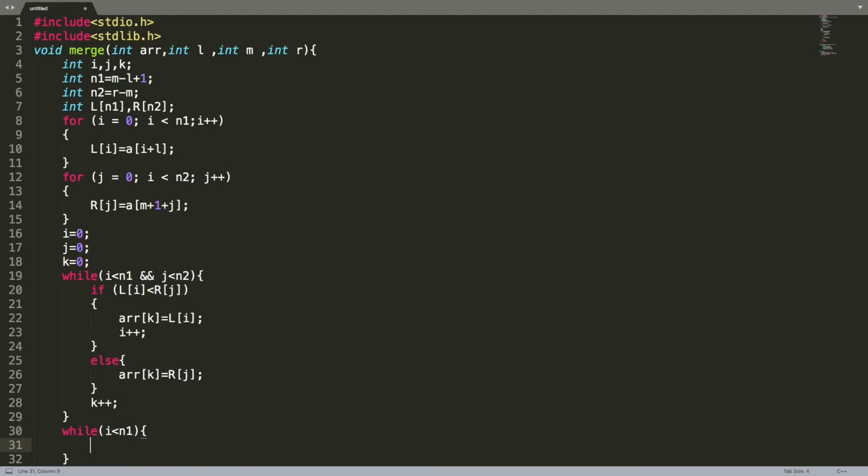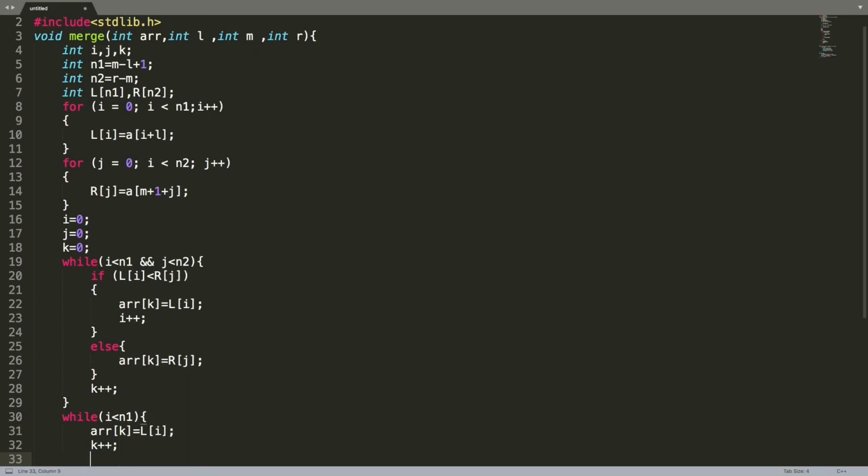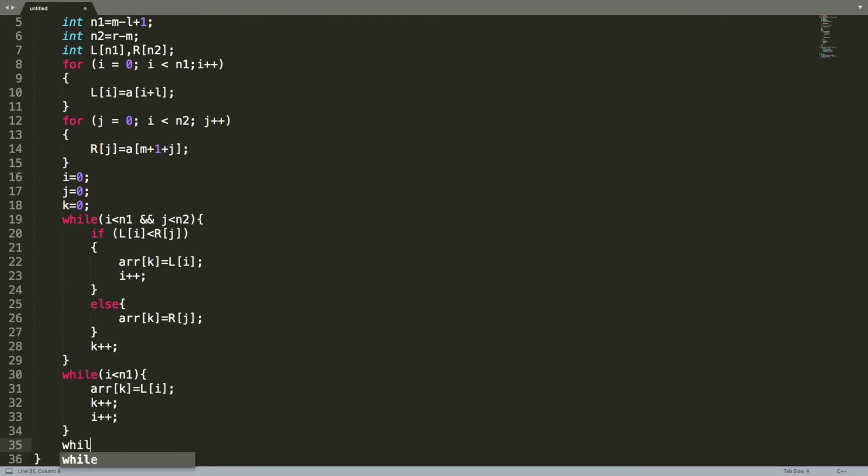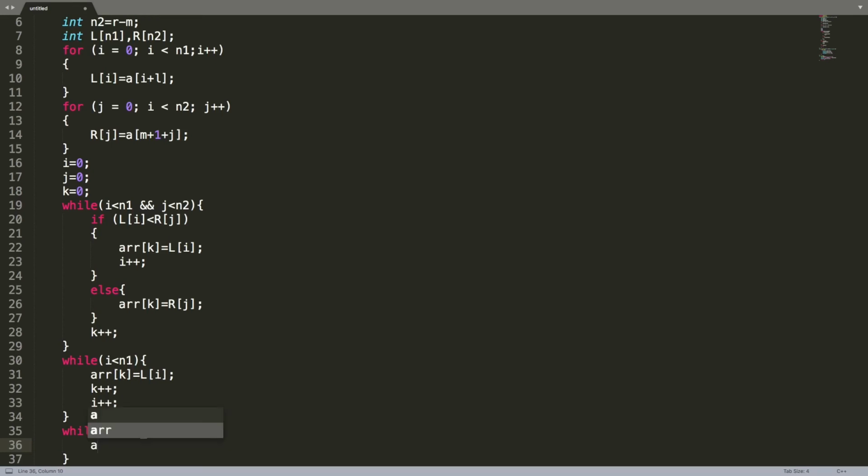those elements that are left out will be stored in the array, and those elements will be already sorted. You don't need to be worried about that. Are those elements sorted in that array? Yes, they will be sorted. They are already sorted because you first started with one element, and then two elements, and three elements, so they are sorted. And then we're going to do the same for j